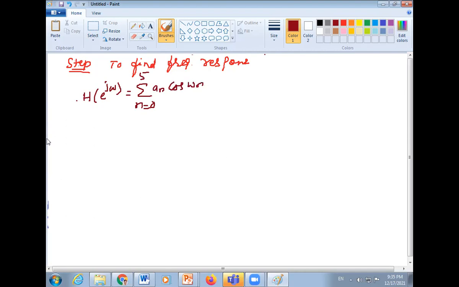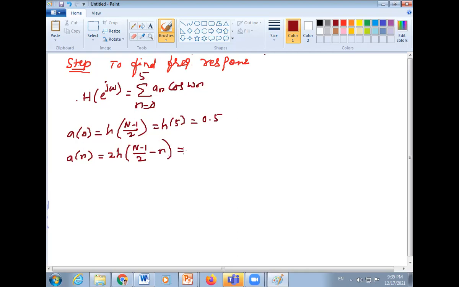where we have the value of a of 0 equal to h of (N minus 1) by 2, which is simply h of 5, and we know the value as 0.5. Then we have a of n is equal to 2h of (N minus 1) by 2 minus n. We simplify this,